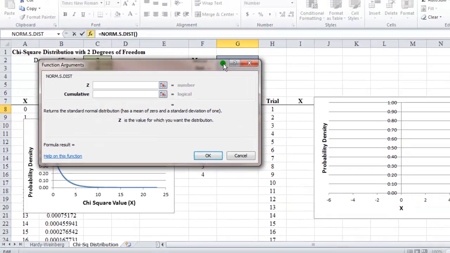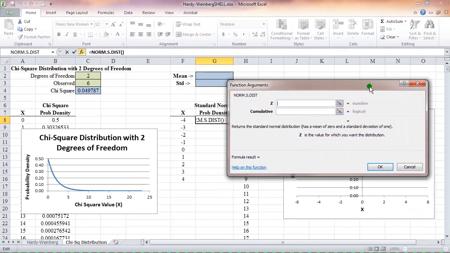When we open this dialog box, we're going to be asked for two arguments. The first argument is the value we draw, which it's calling z. We've got it labeled here as x. It doesn't really matter for the purposes right now. And we want the exact probability, the probability density function, so we're going to enter the word FALSE